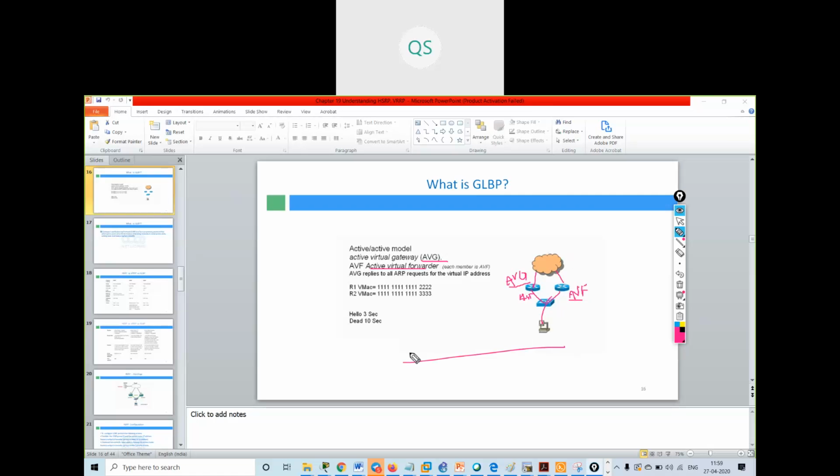For example, we have some routers. All the routers are AVF routers.